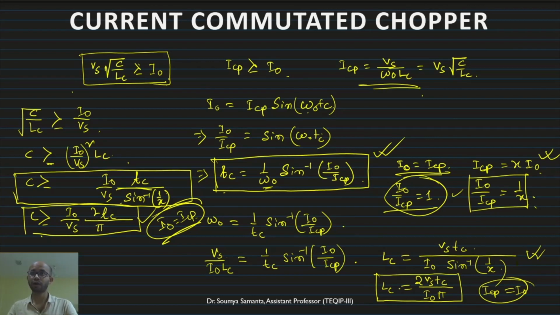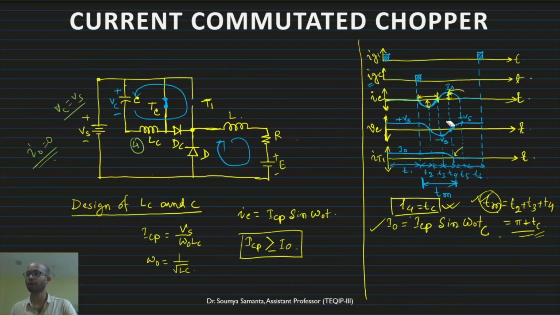If you are asked to find the ICP value, the maximum value of the capacitor or inductor, you can find that from here. The maximum value of the capacitor voltage, that is Vs, you can also find. So from these expressions, you can find most of the things that will be asked in questions. I hope